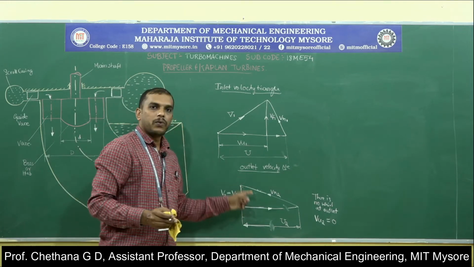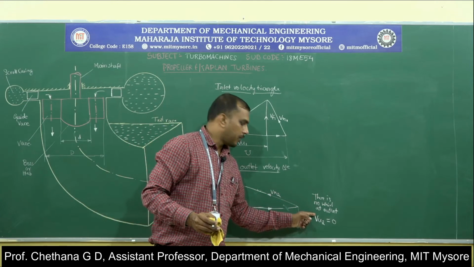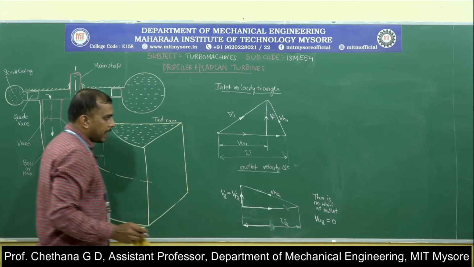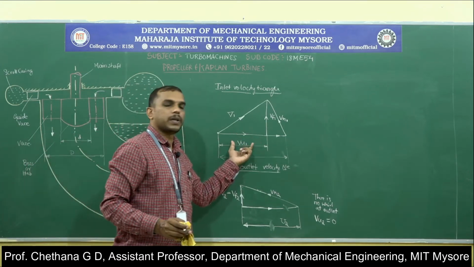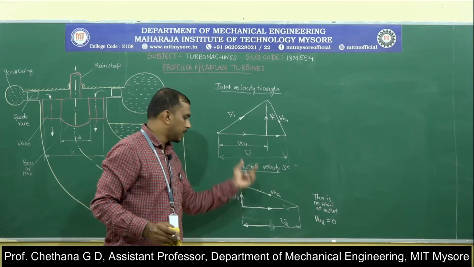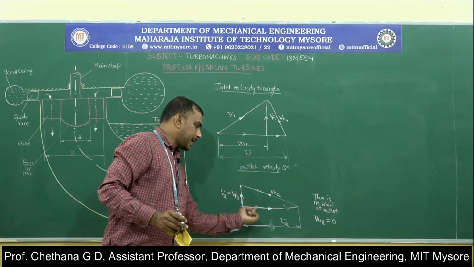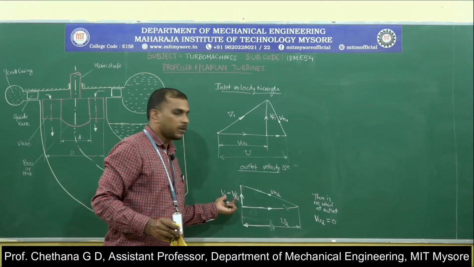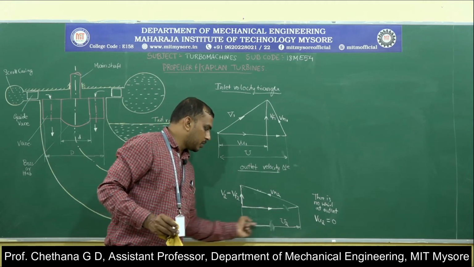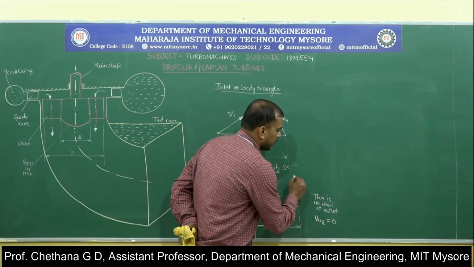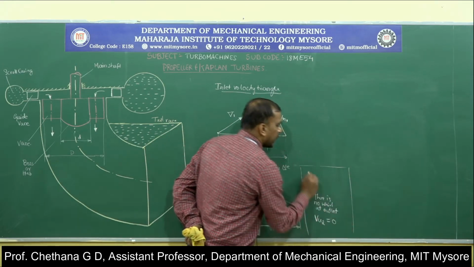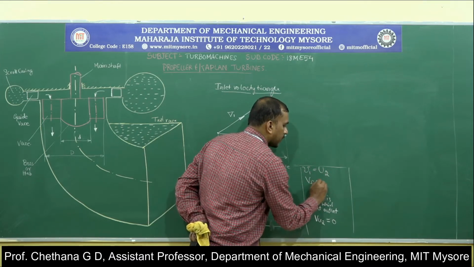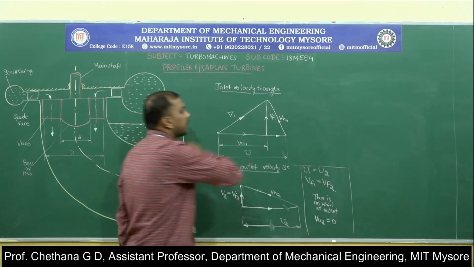Now remember, there is no Vu2 because there is no whirl velocity at the outlet. It is purely axial. Unlike in the inlet velocity triangle where you have to take into account the Vu1 component. Now here there is no Vu2, which means that line collapses to here, which is nothing but Vf2, which will be equal to V2. And of course this U2 and U1 will be the same. This is to note that U1 is equal to U2